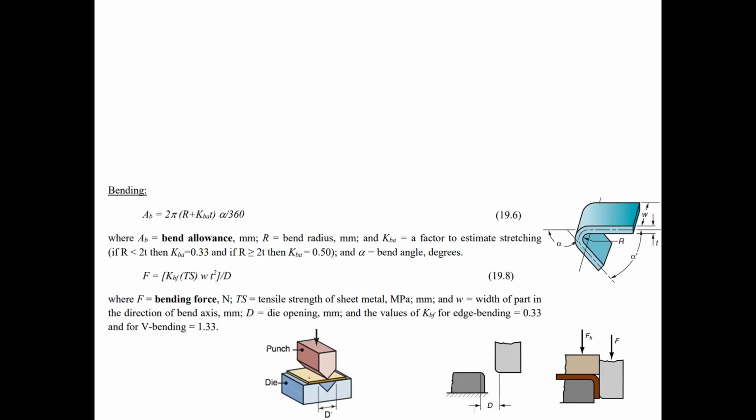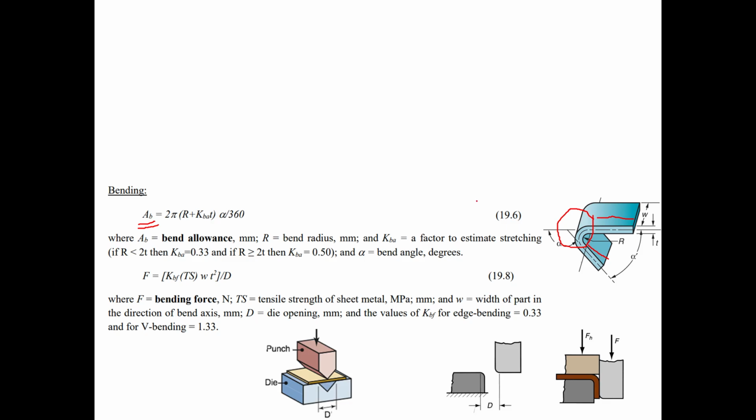Okay, on this slide we have got two equations for bending operations. The first equation is making it possible for us to do the computation of the bend allowance, AB. What is it? If we take a look at this figure on the right, we can see that there is a sheet metal that is bent. Some certain sections of it are straight before and after bending. But the area of the material which is within the bend angle,